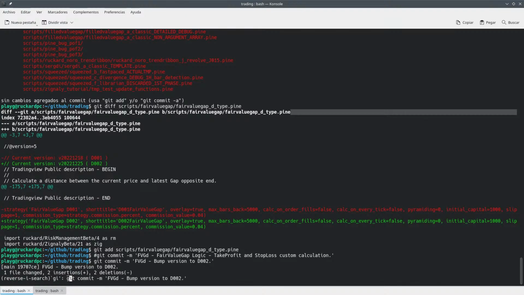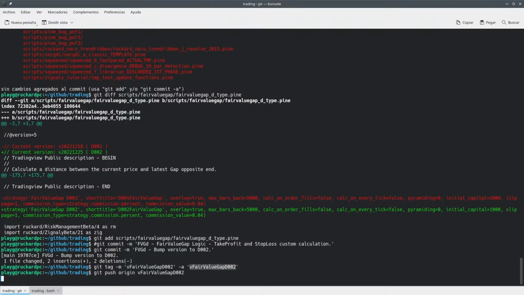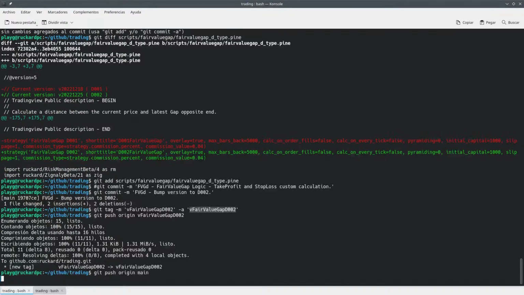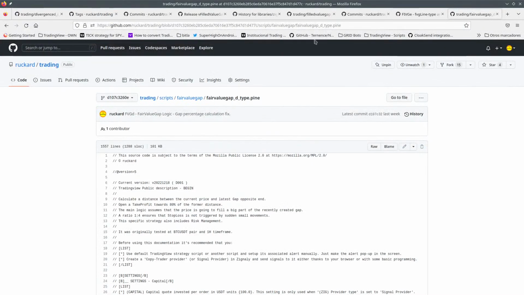Yeah. This is fair value gap. Yeah, that's right. So this should be D2 and D2. So hit push origin main. Mean this thing here and hit push origin main. So now we should have this new file somewhere, which is here,